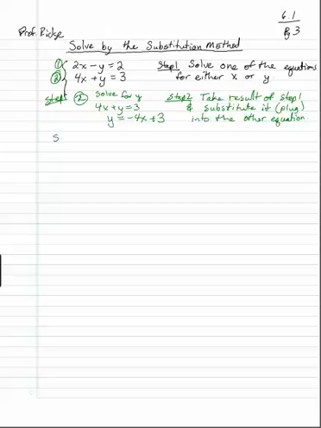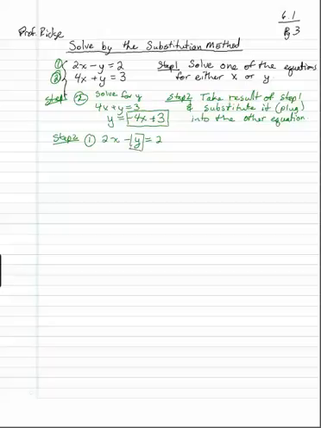So for step 2, I'm going to take this result, y equals negative 4x plus 3, and I'm going to substitute in the negative 4x plus 3 for y into the other equation. So I've got to take equation 1, which is 2x minus y equals 2,